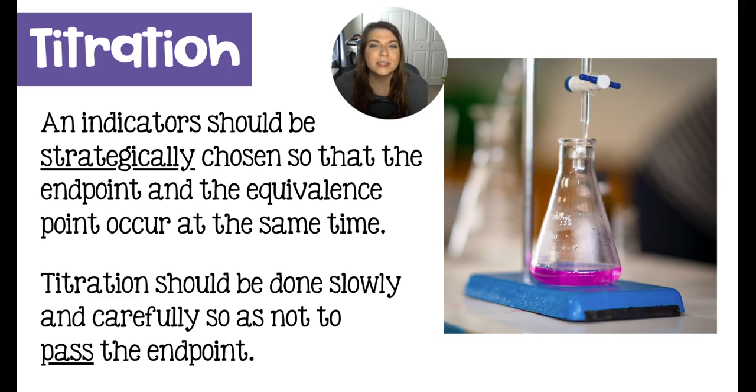Because sometimes it is as close as even a half drop of base can change the color of your indicator. So in order to get a half drop, in case you were interested, this piece right here is called the stopcock. So you would open this, so you hit it vertical so that the flow can go through. And as you go from straight up and down to side, it slows down, and totally side to side flat